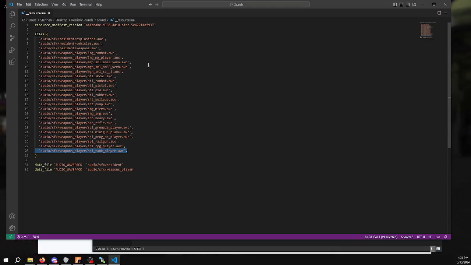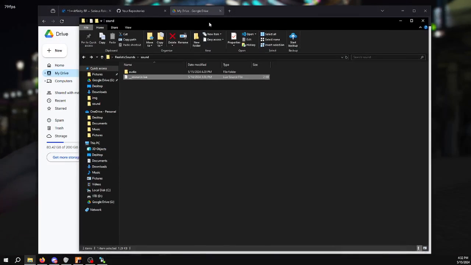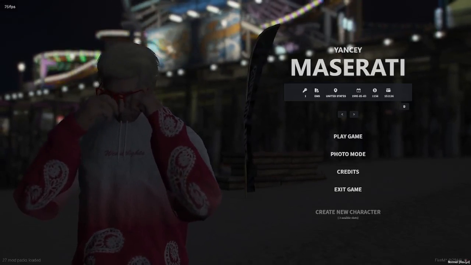So once you've done all this, whatever way you've chosen and whatever sounds you've chosen to put into your server, as I said, this video is for the weapons in particular. It is the most popular sounds that people want to change typically on the server. So I already have these installed. Once you restart your server, you can then